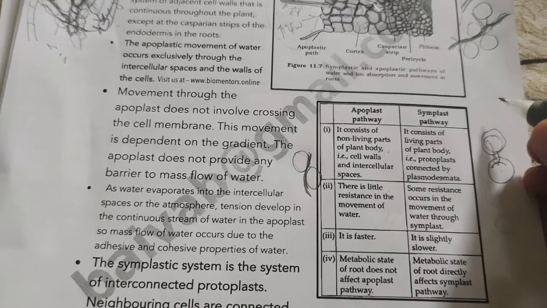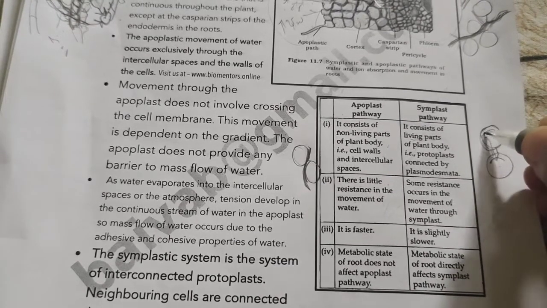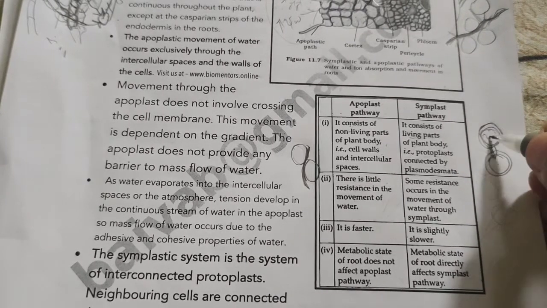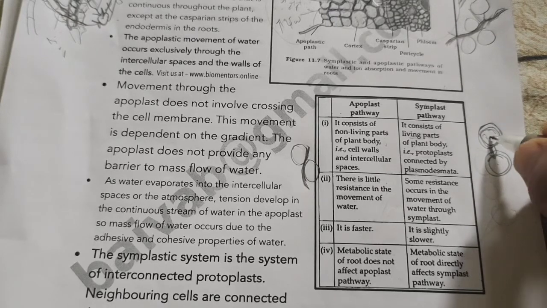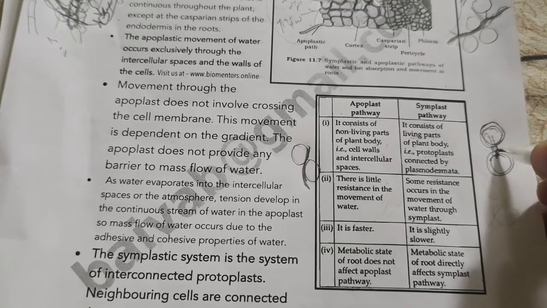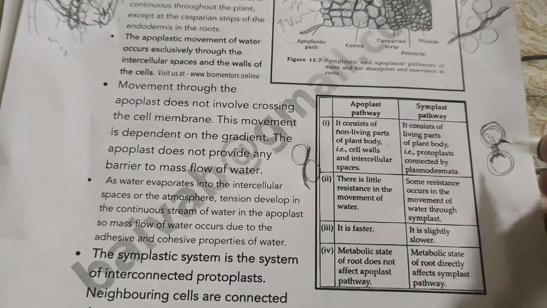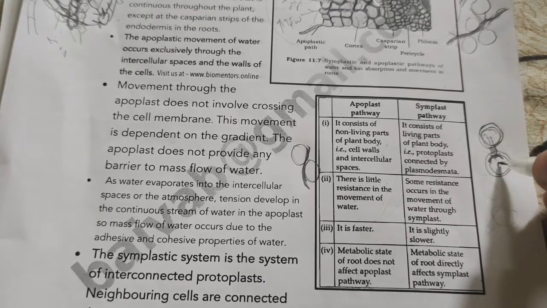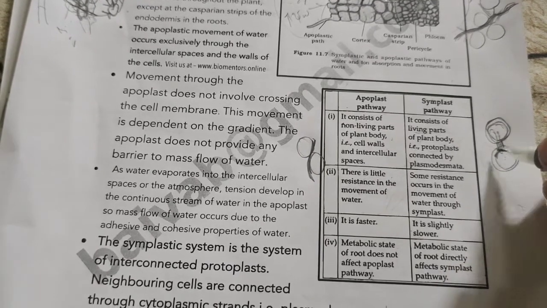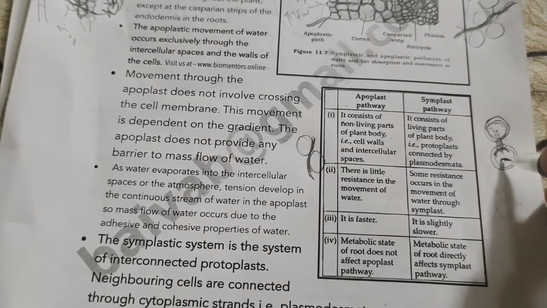You people know that the outermost rigid layer of the cell is called the cell wall, and it is followed by the cell membrane or plasma membrane. So if the water has to pass from one cell to another, water has to cross the cell membrane while leaving the cell, and also when it is entering the cell. And you know that the cell membrane will not allow all the molecules or substances to pass through it. So it is selectively permeable, semi-permeable in nature, and thus it takes a lot of time.